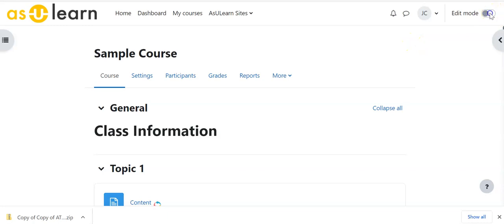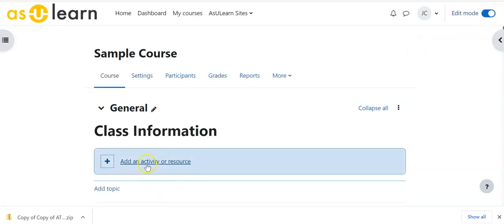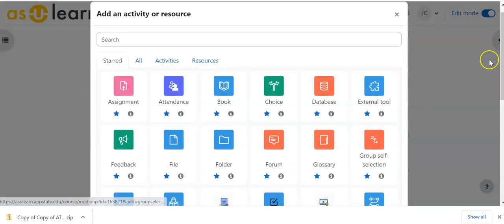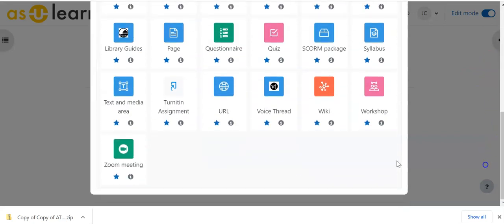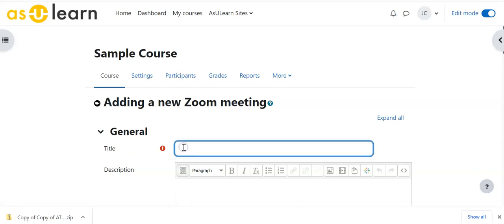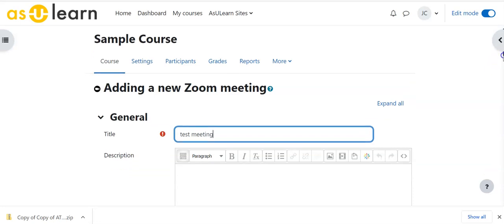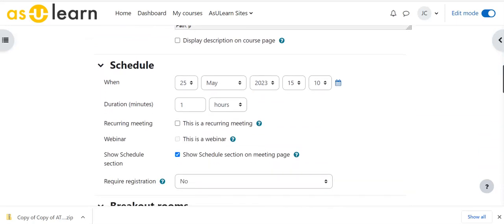Inside the course, we're going to turn editing on. We're going to add an activity or resource. We're going to scroll down and go to Zoom meeting. And you can title this, this is what's going to show up on your course. And then down under schedule, you can schedule a date and a duration, and then put that link in for